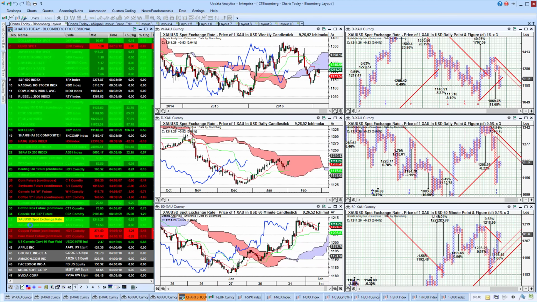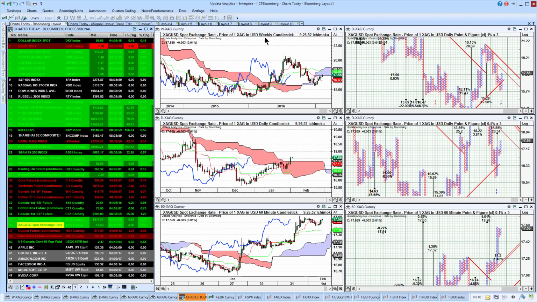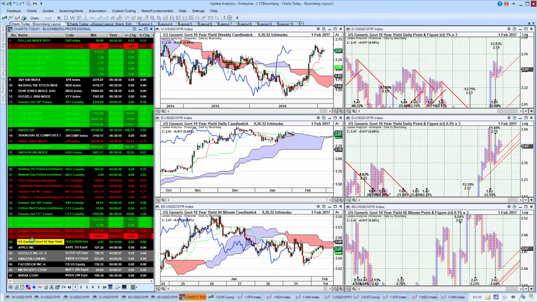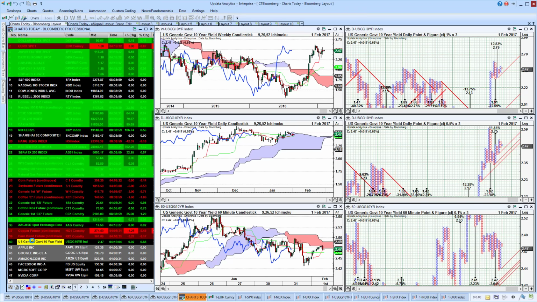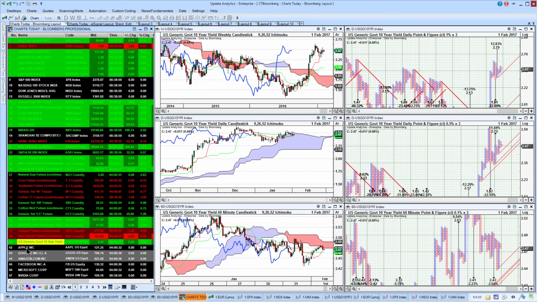Taking a look at silver, actually looking pretty bullish now, really rising above the cloud, coming through on the daily. It tends to be a bit of a lead indicator on gold, and we're seeing here we've got good upside potential. So precious metals having a better time. If we look at US 10-year Treasury yields, sitting at just under 2.5%, the Fed due to make announcements today. That will be interesting to see how that affects the 10-year Treasury yield.